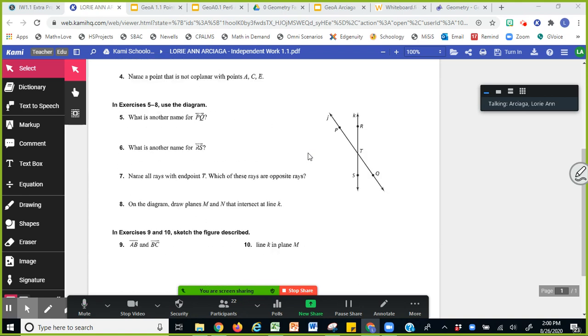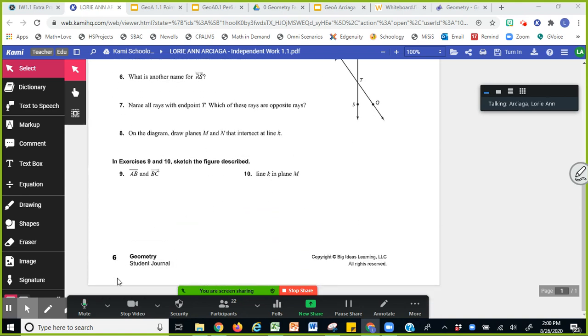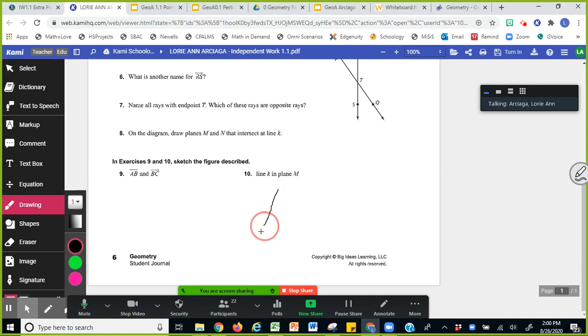Here, when you sketch the figure, you can use the drawing tool. For example, line K in plane M. You could draw a parallelogram like this, and you have to name it plane M. If a plane is named by one letter, you put it at a corner, but inside, in the interior, not outside.